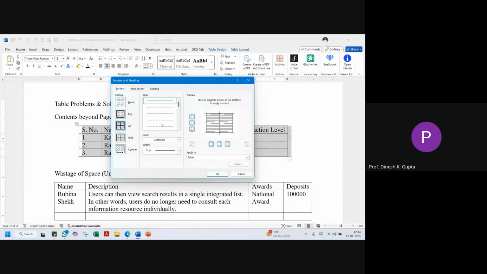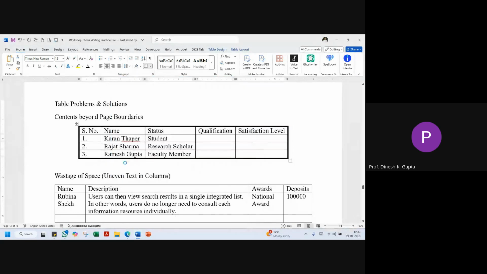Borders and Shading. And now take the option Grid and take the thicker line and say OK. Now we want the first line to be thicker. For that we will,